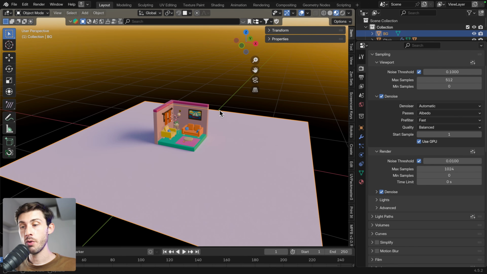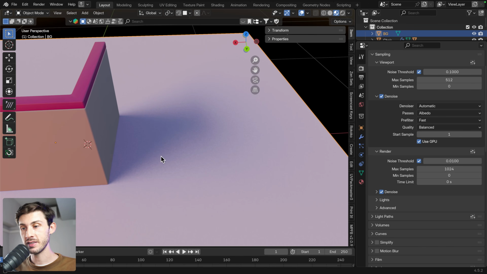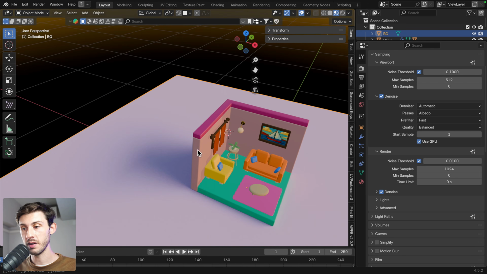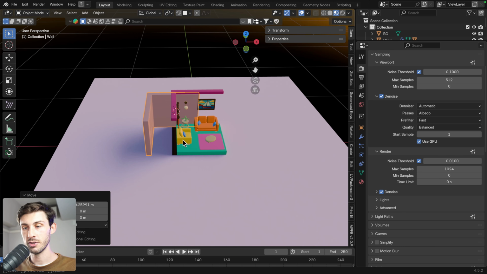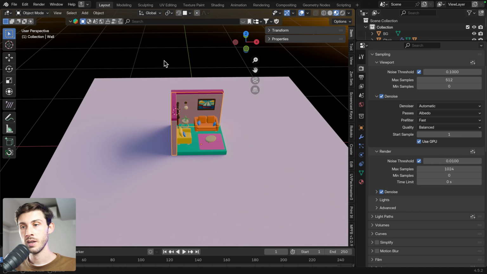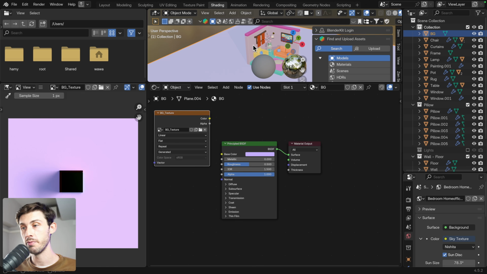Go to layout. Now we are in material preview, which means we don't have shadows calculation and so on, but the floor has the nice colors, the nice baking we have done. But let's say you move some objects and you want to bake again because the shadows are not at the correct position. What you would need to do if you do the bake manually is to remove the connection here, reset the different changes of parameter you made, bake again, and then reattach it, which is very painful, especially as currently we only have one object,